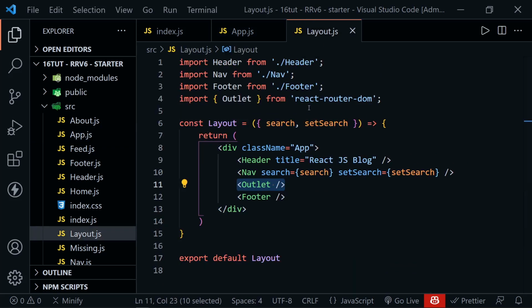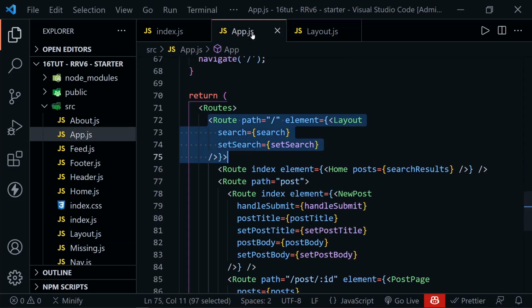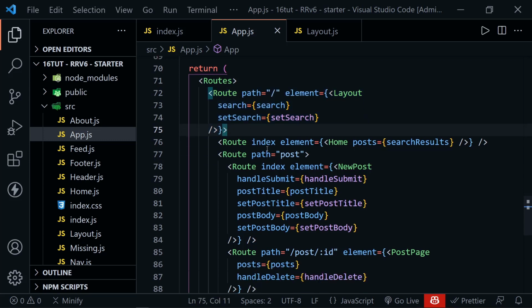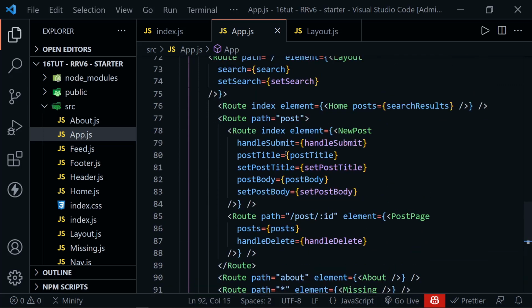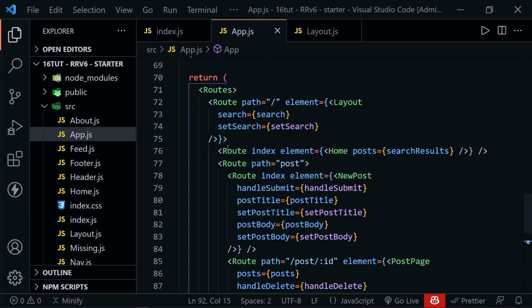And remember, our layout component has the header, nav, and footer, and then all of the other content is represented with this outlet component that we import from React Router here. Then in the App.js, after we have the layout, everything else is nested inside. So we don't close the layout route until the very end. But then once we're nested inside of the layout route, this is the index. So the home component is what renders by default in place of that outlet that we have in our layout